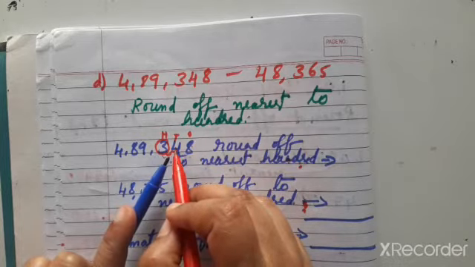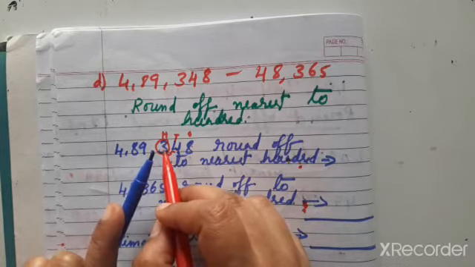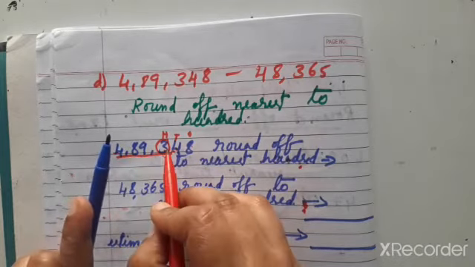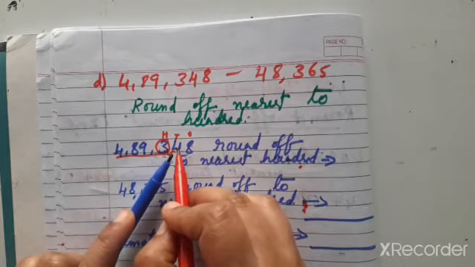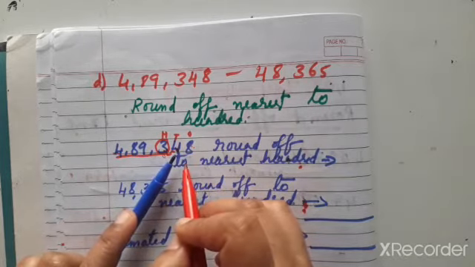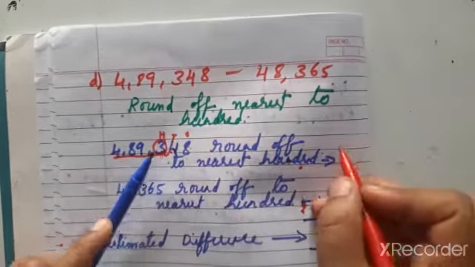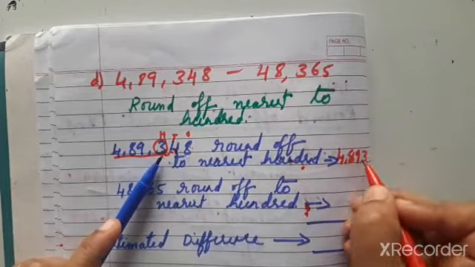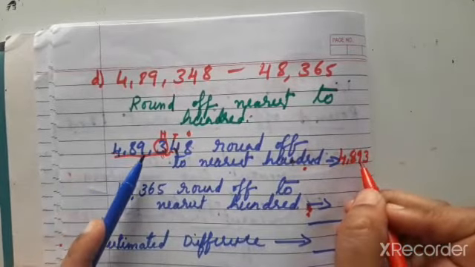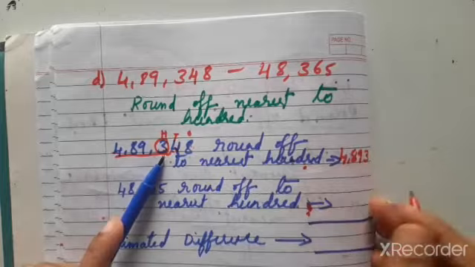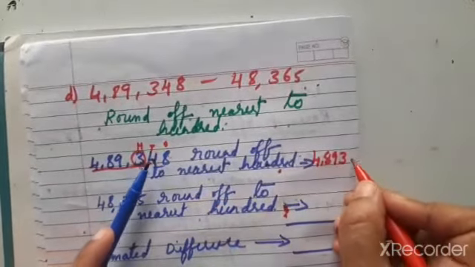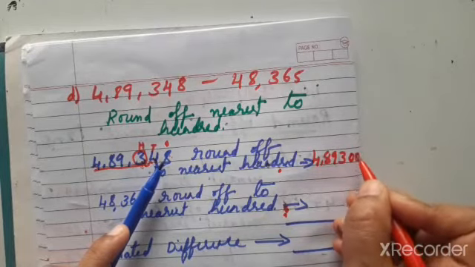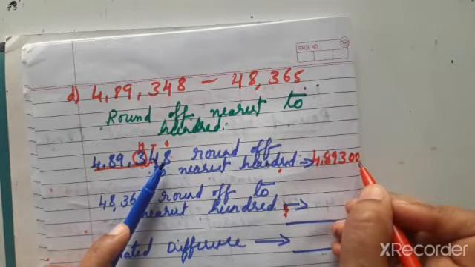So here 4 means he can't help, but this number remains the same. From here to here the numbers remain the same. And once the door is knocked, these numbers will become 0 0, the poor person. Now the answer is 4,89,300. 4 as it is, 8 as it is, 9 as it is, 3 as it is, because no one is helped here. And for the helper, once the door is knocked, the numbers after it will become 0 0.